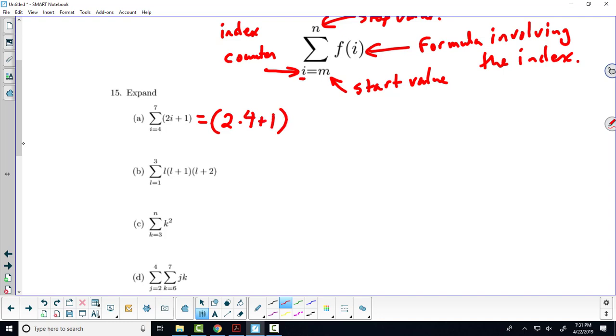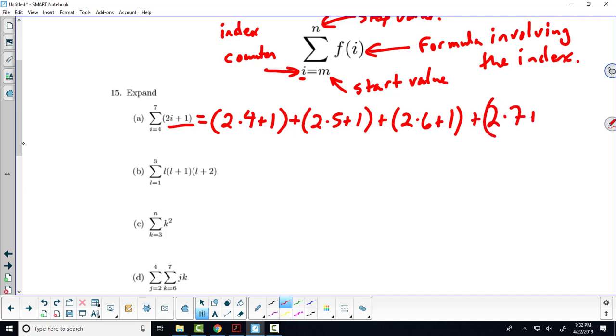We have now written out the entire formula where I is 4. Then we put the plus sign that the summand represents, and we move our counter value up 1. So now who is I going to play the role of? 5. So this next one is 2 times 5 plus 1. Okay? We've written out the entire formula that we were taking the summand of, with I playing the part of 5. We add 1 to our counter, and we repeat. Okay? When do I stop this? 7. When I becomes 7. So here's the last entry. Okay?